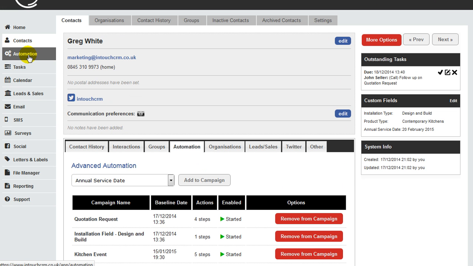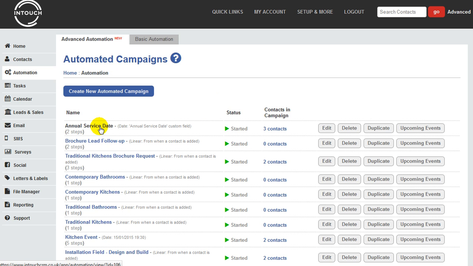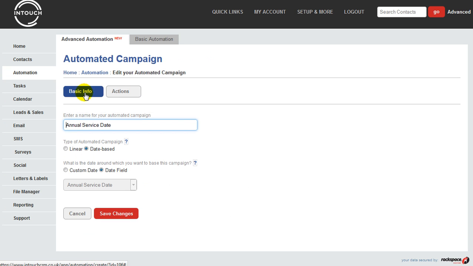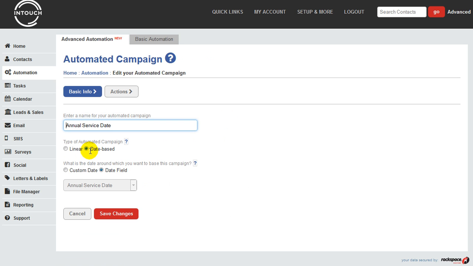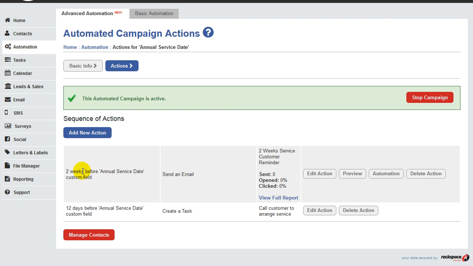So let's go over to the campaign, click on annual service date. Actually, let's take a look at the overall information. So we can see it's a date-based campaign, and we're using the date field from the database, the annual service date, and then the actions are built around that date. So 2 weeks before the annual service date,